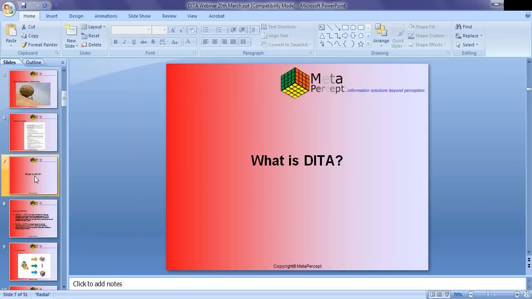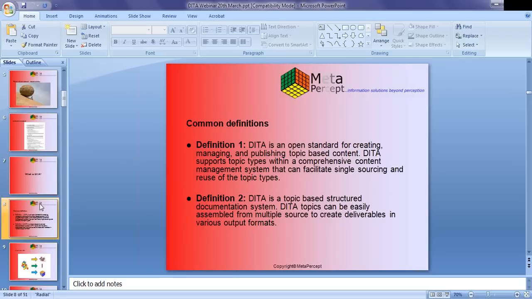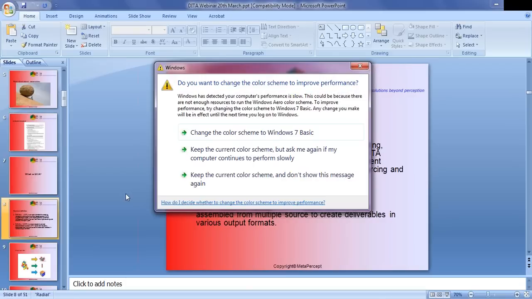So now, what is DITA? We have all been hearing about DITA for quite some time, and most of the companies or technical authors are interested in learning DITA. But to know really about DITA, I have defined DITA in two definitions. The first definition: DITA is an open standard for creating, managing, and publishing topic-based content. DITA supports topic types within a comprehensive content management system that can facilitate single sourcing and reuse of the topic types. And definition 2 would be,